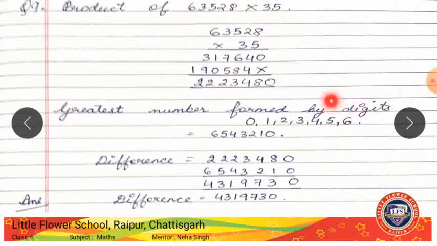Now the greatest number formed with this set. To find the greatest number, what we can do, we'll arrange the given numbers in descending order, that is largest first. So the number will be 6, 5, 4, 3, 2, 1, 0. And the next step is just you need to find the difference. Difference means you need to subtract. What numbers will you subtract? This and the answer that you had obtained from the product, and this is your final answer.